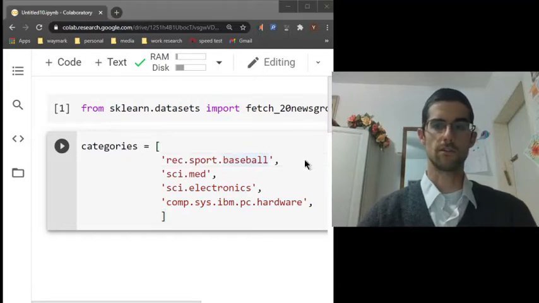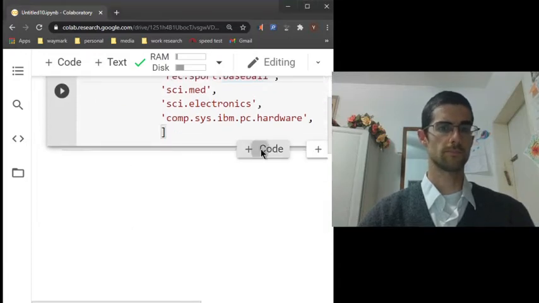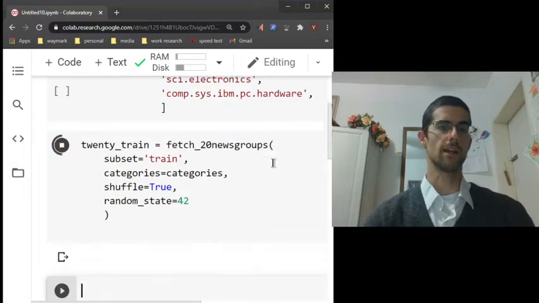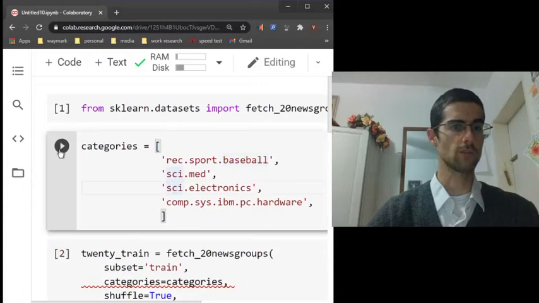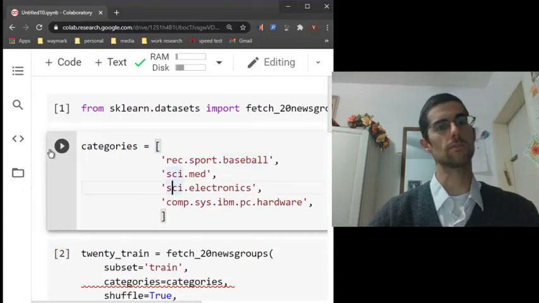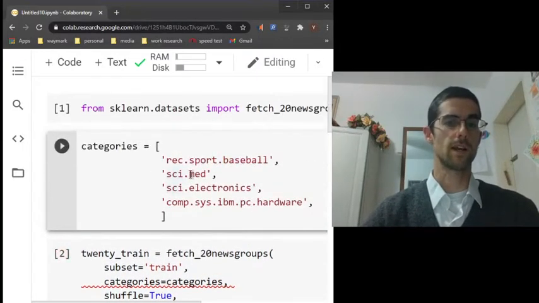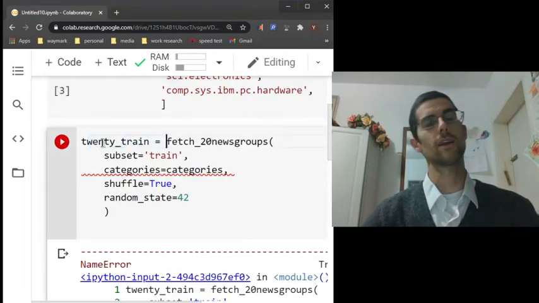Now, the next command you want to type in is the following. I'll make a new cell. Just type in twenty_train. This is going to be our data set. I forgot to click run here. I can press the play button like this, or I can just press shift enter. Same thing. Now, once I have my 4 categories, then I'm going to define my train data set, which is